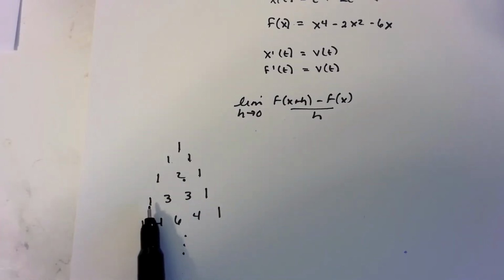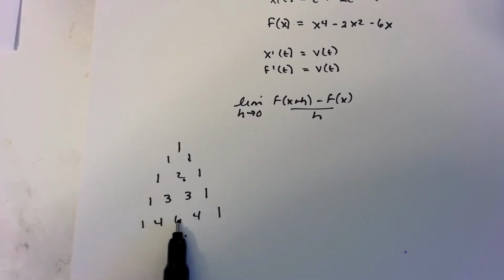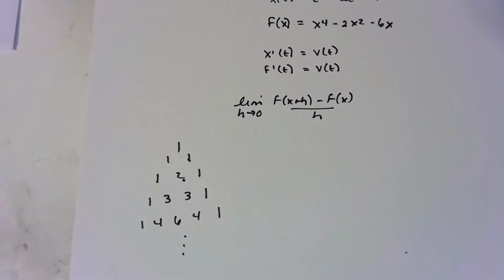And I keep doing that, so I start with a 1, 1 plus 3 is 4, 3 plus 3 is 6, 3 plus 1 is 4, and I end with a 1. And you can do that infinitely for the rows of Pascal's triangle. Now,